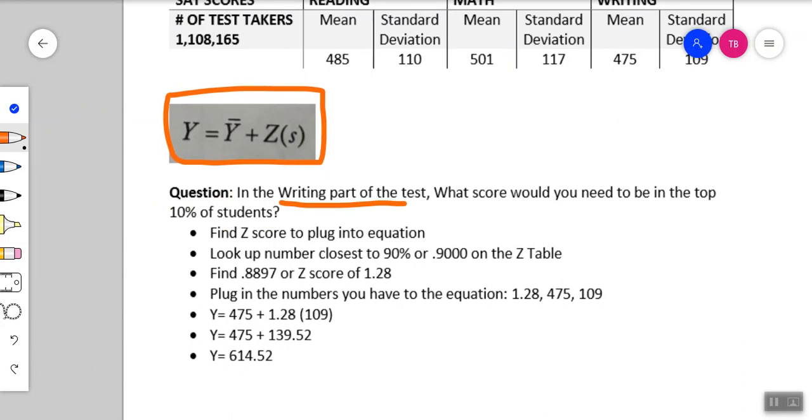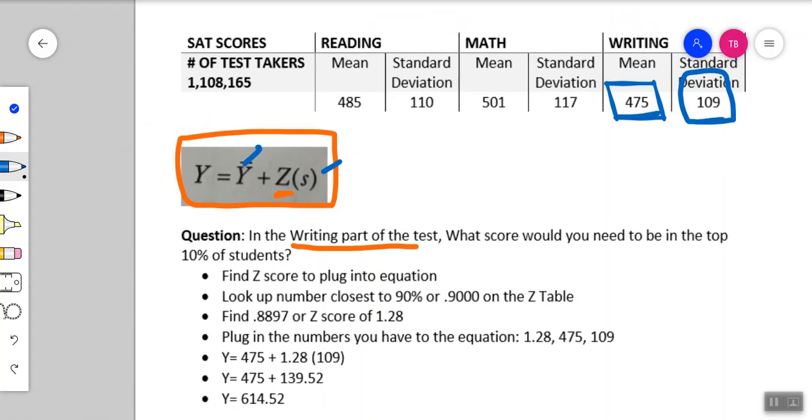Okay, so this one then, you don't know what score you have, so you're missing the score part this time instead of the z-score. So we're going to start backwards. What you're going to be looking up is the z-score, because you want to plug that z number in so you can finish your equation. We have the average, 475, and the standard deviation, 109. So we have these two already, and we're missing the z-score. We want to look that up on the table. So where do we look? Because we're in the top 10% of students,